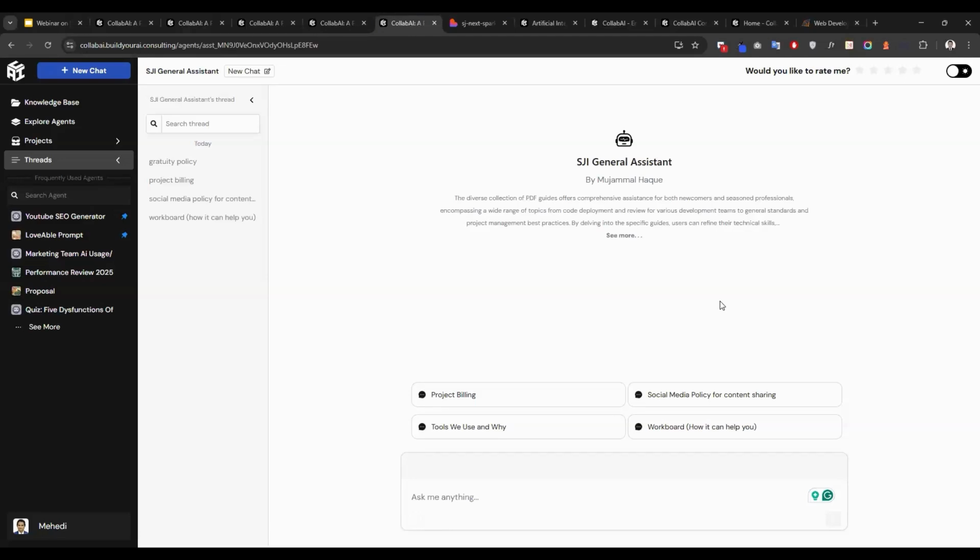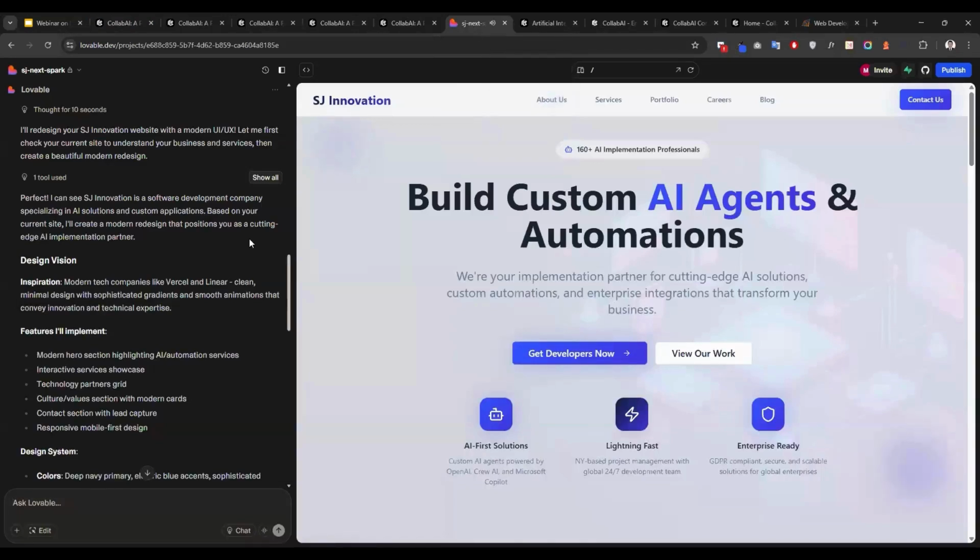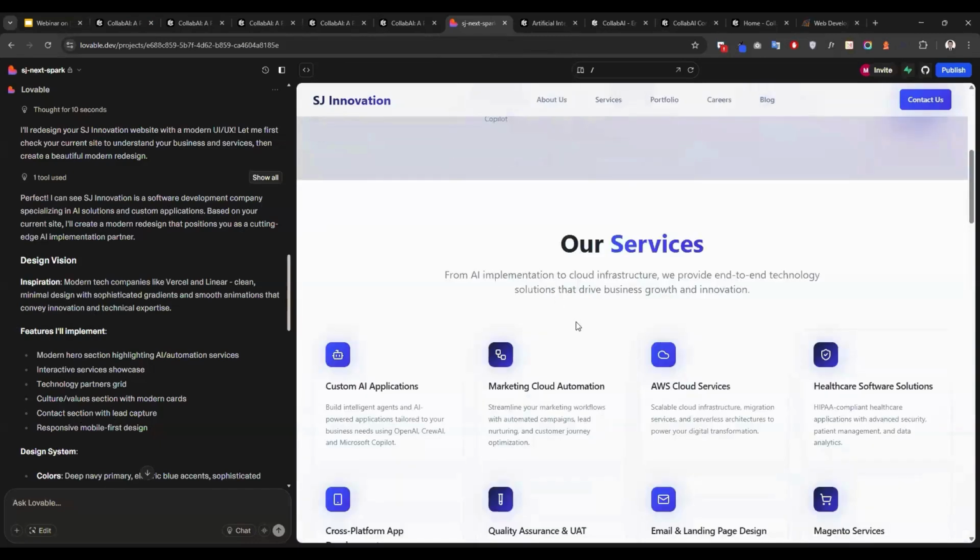Your HR work and other work can be simplified a lot. Everyone doesn't need to go to the HR or to specific policies. They can go to the agents, ask, and get the answer. So let's see if the data we have provided to our Collabai agent is working properly.